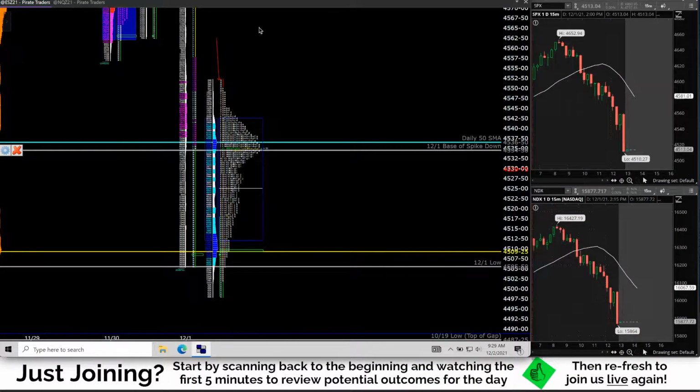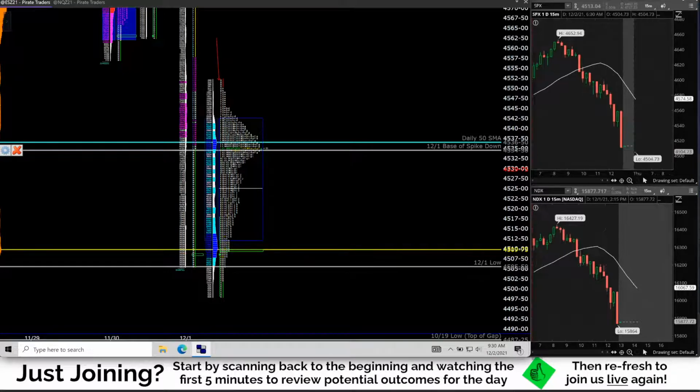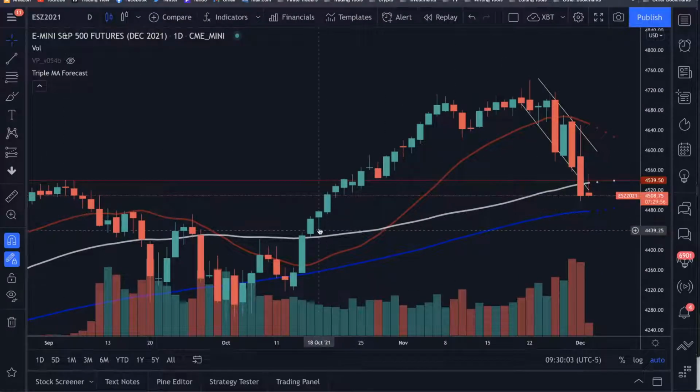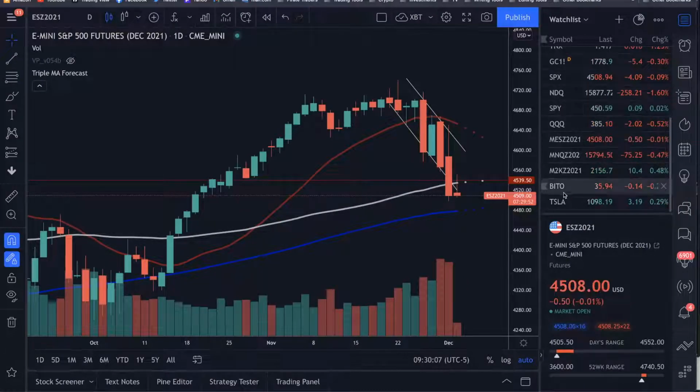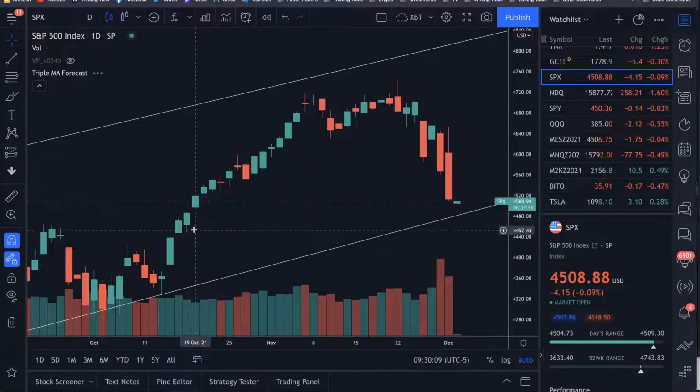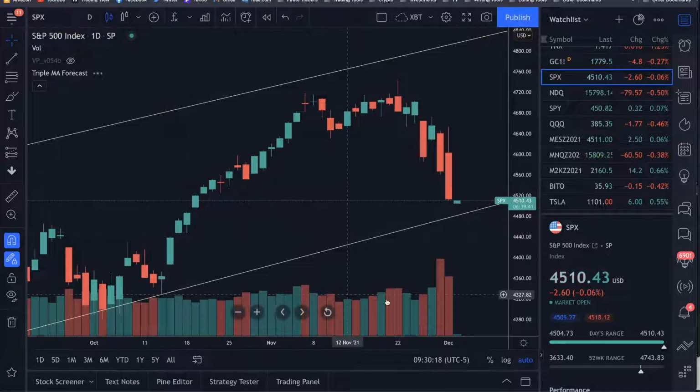There's also still weakness below. Okay, the market is open. There's still weakness below in some gaps that we left behind. If we go to the SPX, we can see them. So we got these gaps right here that need to be backfilled. So those also are potential targets to the downside.